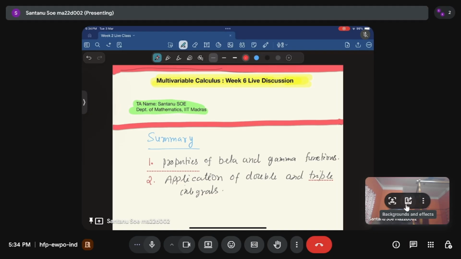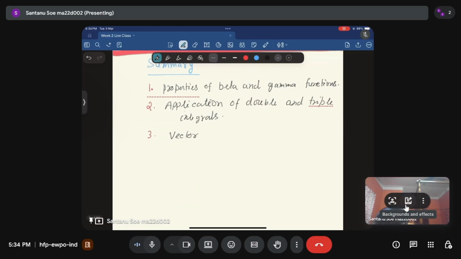And third topic is vector differentiation. Okay, so now